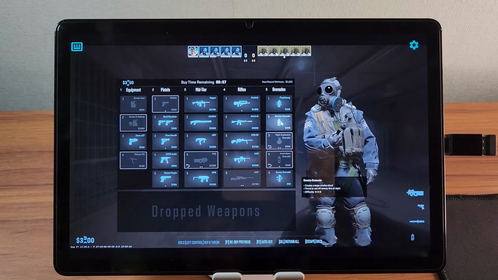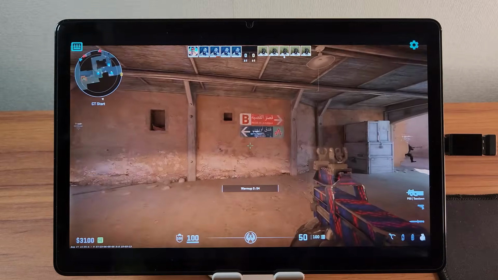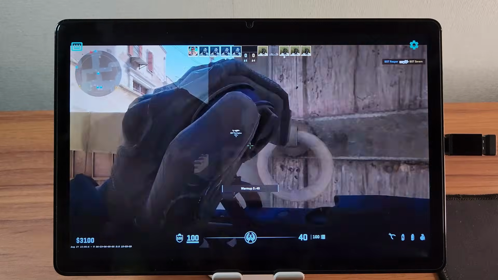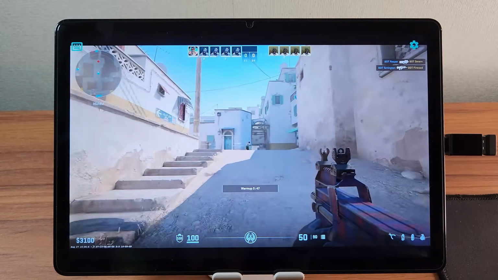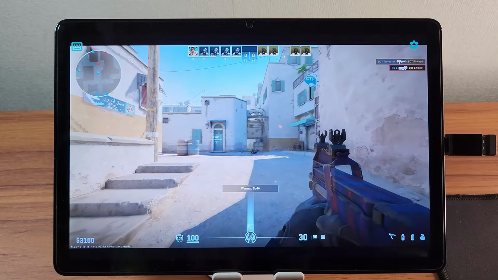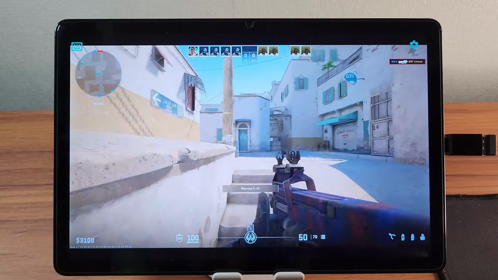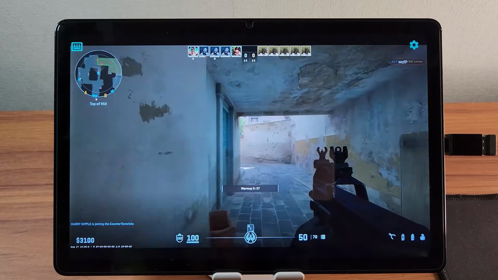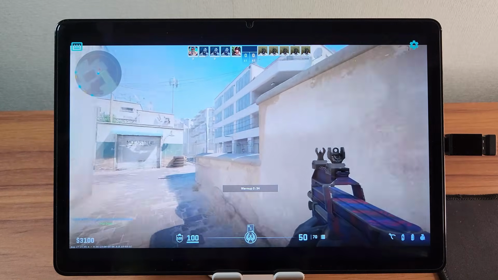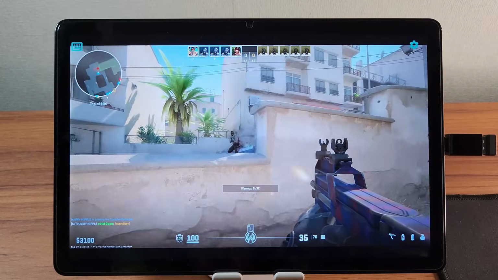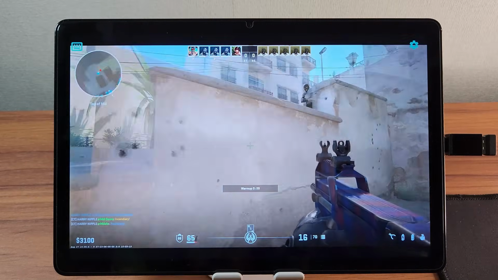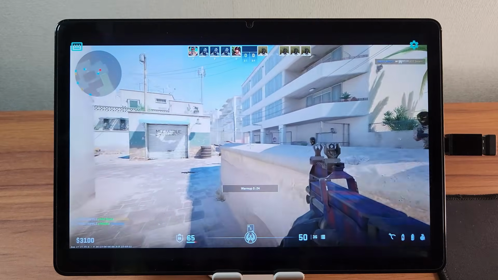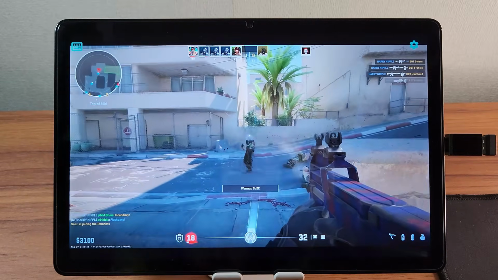The map loaded fast and the gameplay was smooth and responsive. Movements felt natural, aiming was precise, and shots registered instantly without delay. The frame rate stayed consistently high with no stutters or freezes. Graphics were sharp at 1080p and the RTX A4000 GPU handled visuals effortlessly. Even during fast-paced gunfights, input response remained quick. The low latency and stable network connection ensured fluid gameplay. The experience felt just like playing on a dedicated gaming PC.